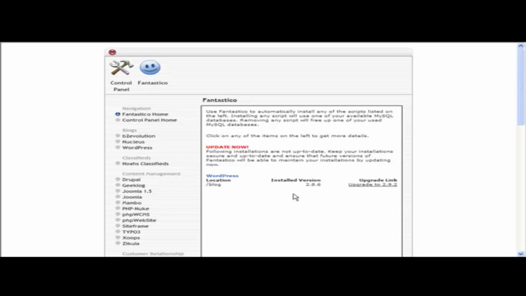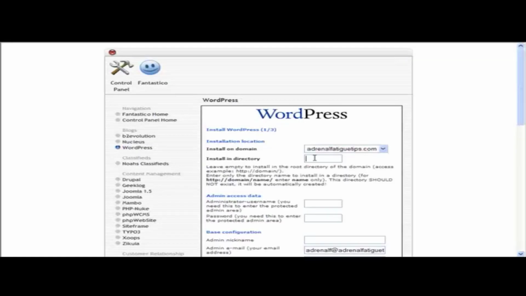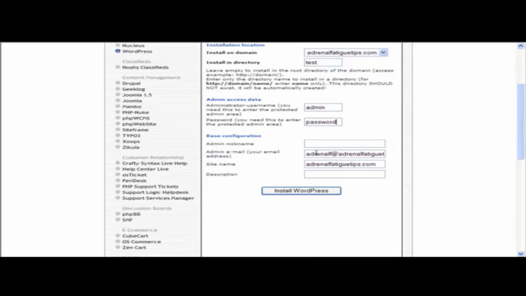So you can see here we have an installation already, and if you want to upgrade to the latest version, you just click that button. But we're going to do a new installation, so we click on WordPress here. Then we click here. It's not entirely obvious, but you can click here on new installation and install a new one. So I'm going to install it in the subdirectory of test. I'll have a normal username, just call it admin, and a simple password. Then you can set your